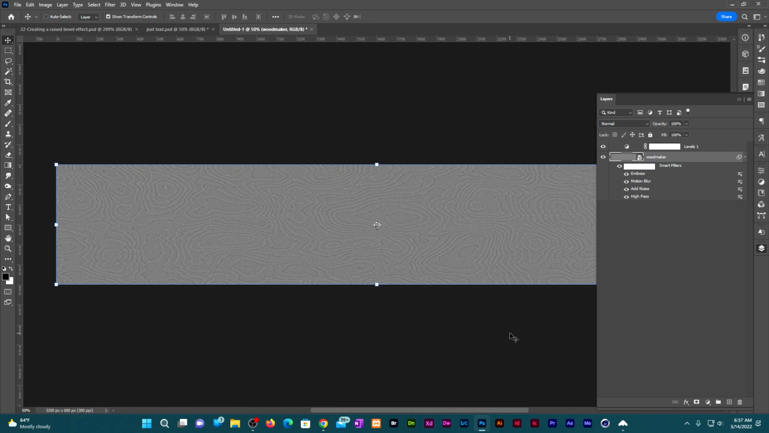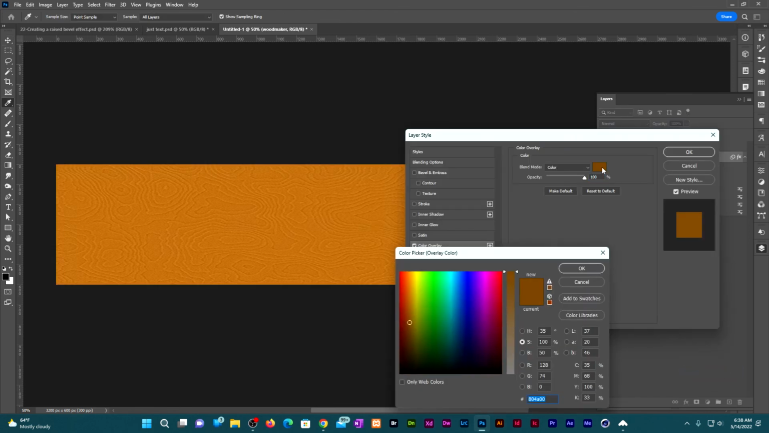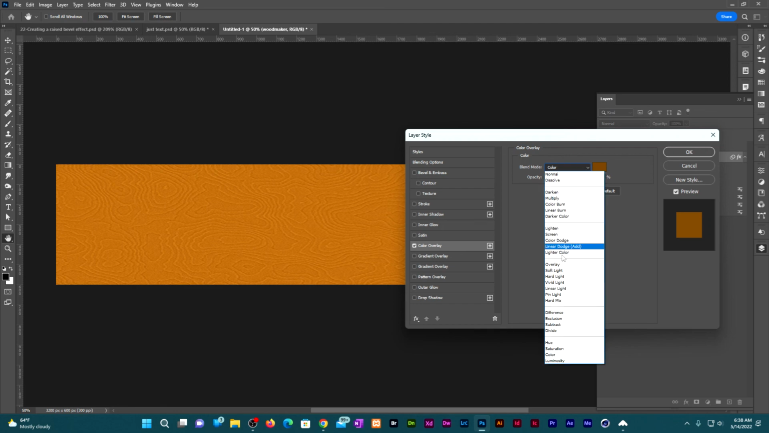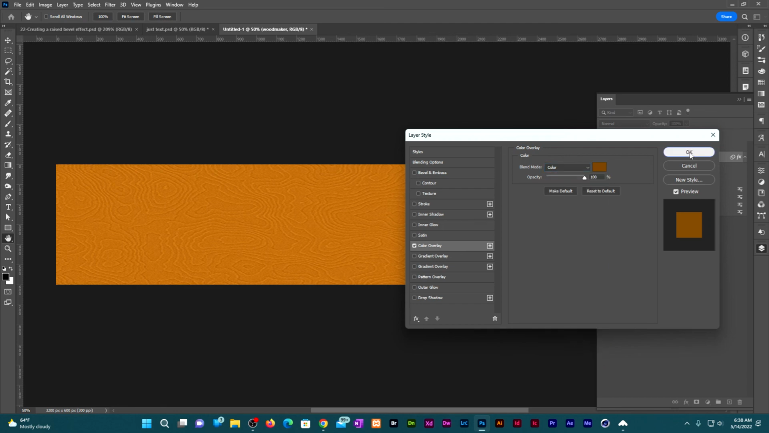Now the only thing we need to do is add a color overlay. Go to the bottom of the Layers panel. Go to Effects, Color Overlay. Click on the color swatch. Give it a hue of 35, saturation 100, brightness 50. Click OK. Change the blending mode to Color. Click OK. And there we have our synthetic